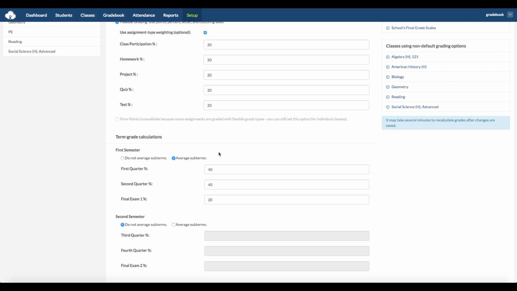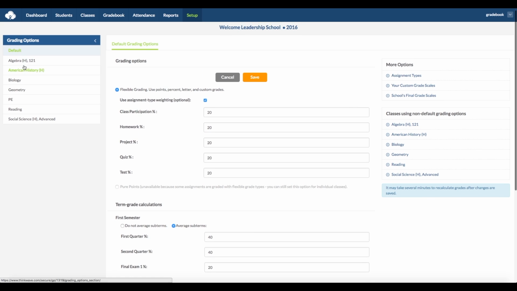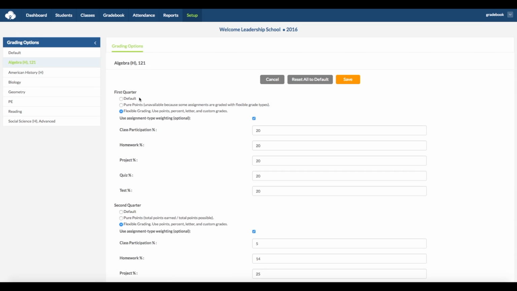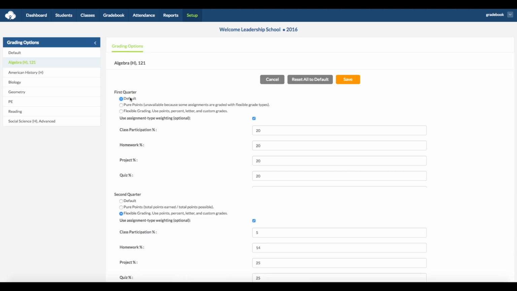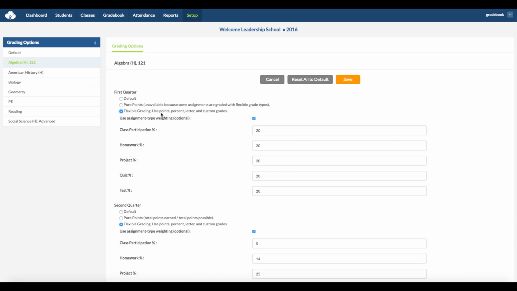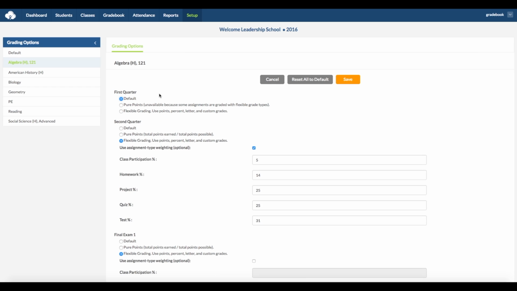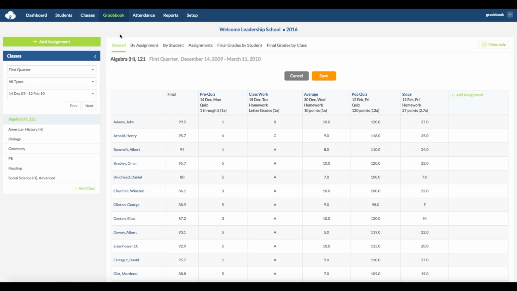If you want to have a custom grading option for a specific class that's different from the default options, then you can select the class on the left-hand side. And here you can select whether or not to apply the default grading option, pure points, or flexible grading. You will have to set the custom grading option for each term when you want the class to override the default. Back to the Gradebook tab, and here you can add the assignment by clicking Add Assignment at the top left